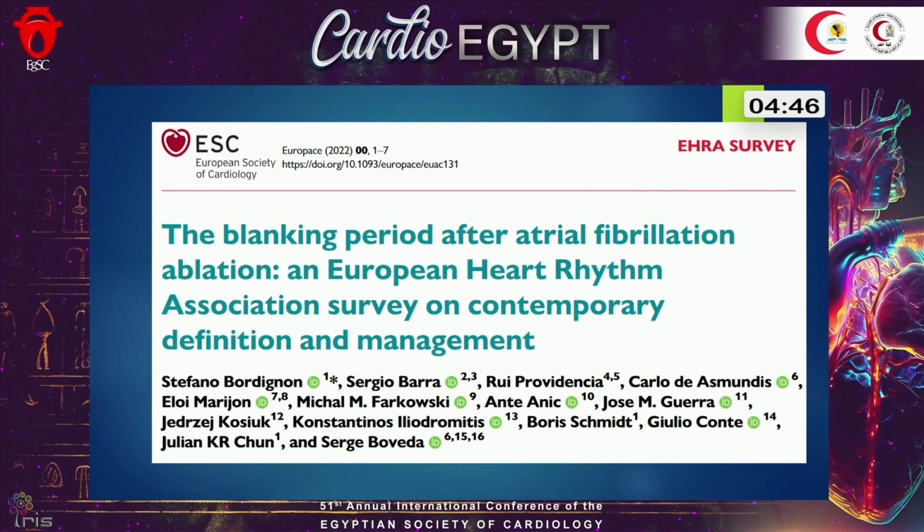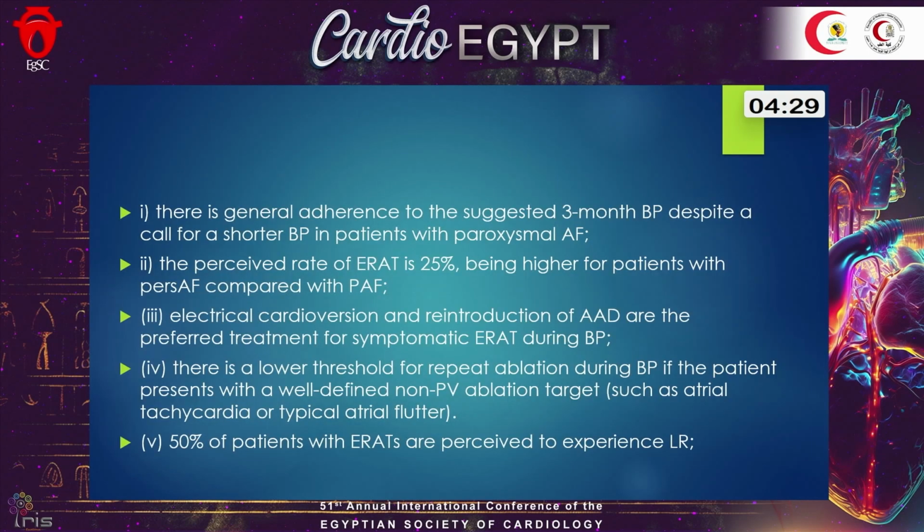And a recently published survey discussing the blanking period after AFib ablation, a European Heart Rhythm Association survey, revealed 5 things. Number 1, there is a general adherence of most doctors to a 3-month blanking period, despite a call for a shorter blanking period in patients with paroxysmal atrial fibrillation. Number 2, the rate of early recurrence of atrial tachyarrhythmia is about 25%, being higher for patients with persistent AFib compared to paroxysmal. And number 3, electrical cardioversion and reintroduction of antiarrhythmic drug is usually the preferred treatment for symptomatic early recurrence of atrial